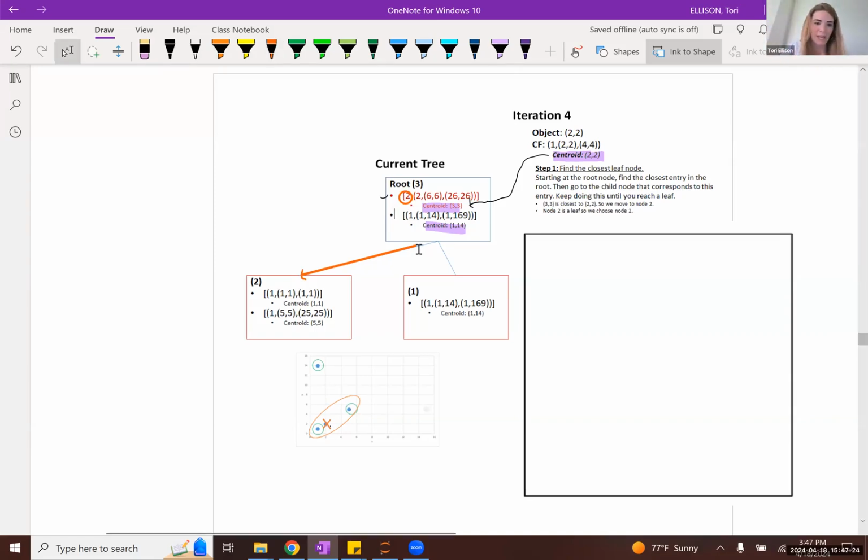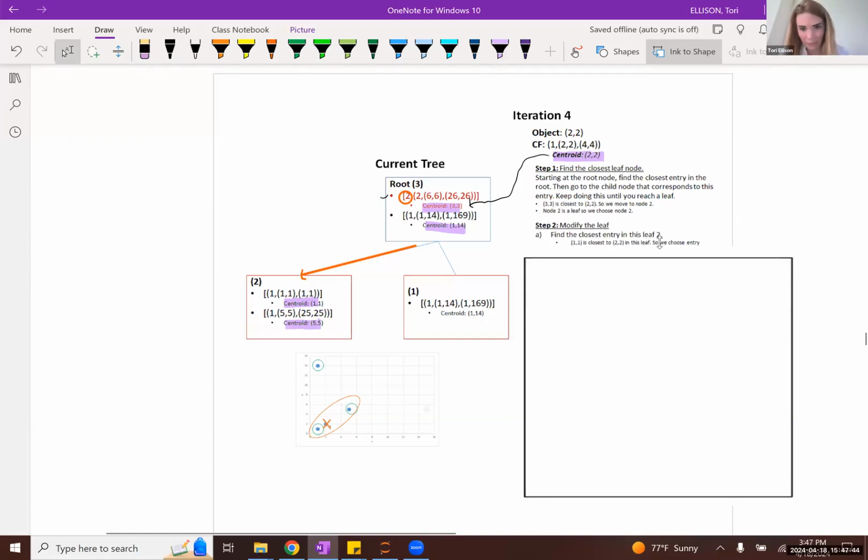Now, basically, if this was not a leaf node, we would go through the same process. We would again take a look at which of these two centroids is this centroid closest to. However, because we've made it to the leaf node, we've basically completed step 1.